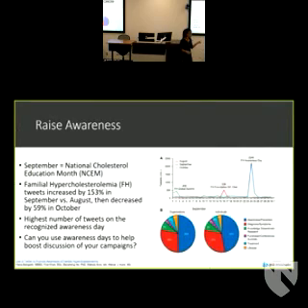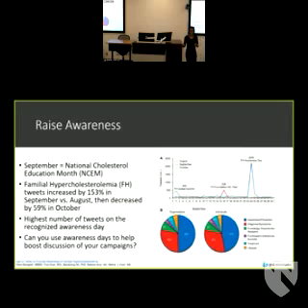You can also use social media to raise awareness. This was a campaign by one of the national cholesterol awareness groups, and it basically used Twitter and the hashtag for familial hypercholesterolemia to raise awareness for this particular condition. The graph shows how people were talking about this condition using the hashtag around the time of the actual awareness month and then the awareness day itself. What they're demonstrating is that they were able to tag on to this awareness day to drive information about their campaign.